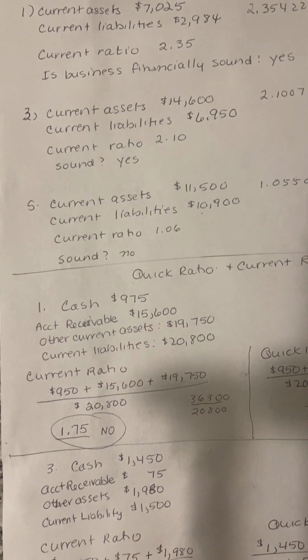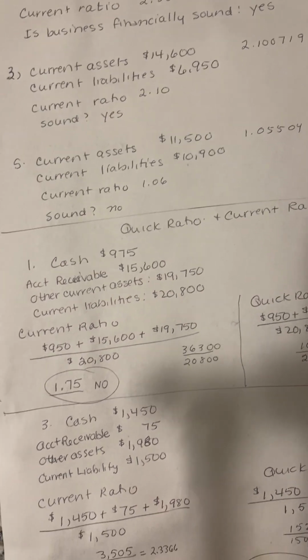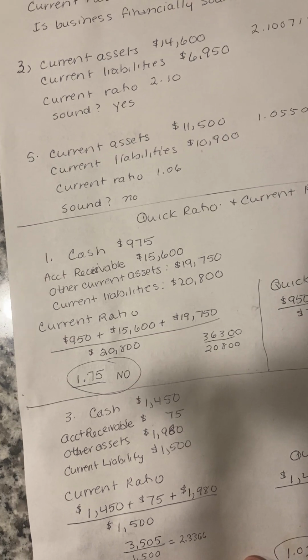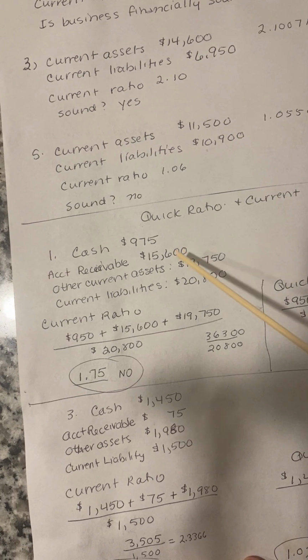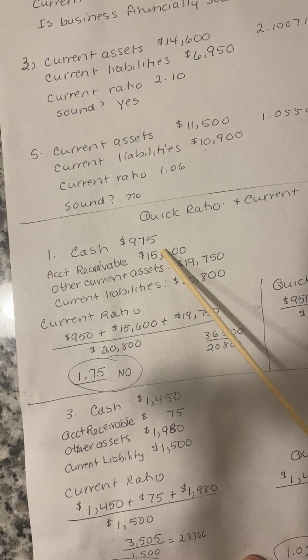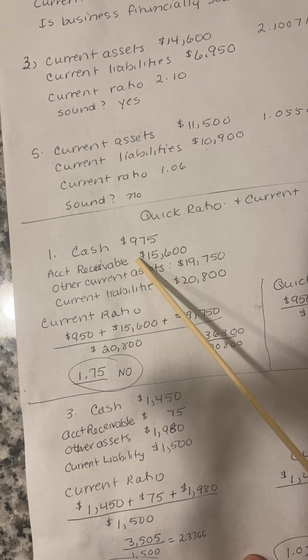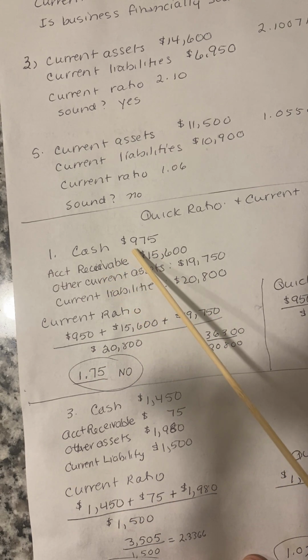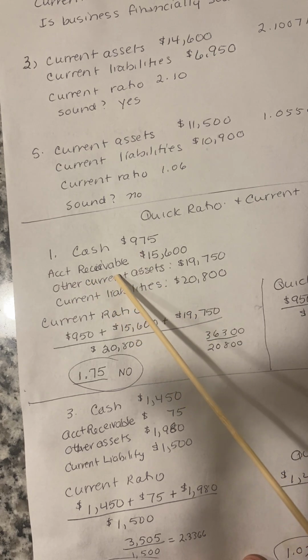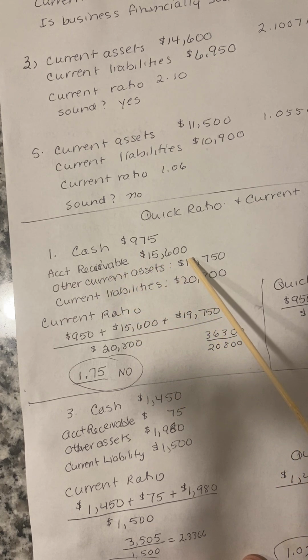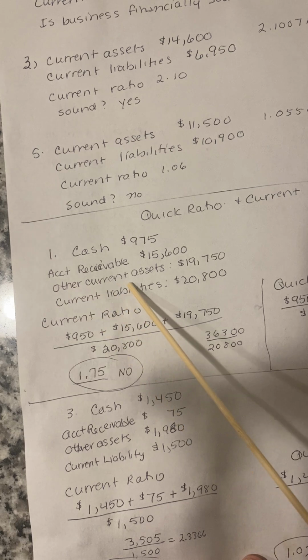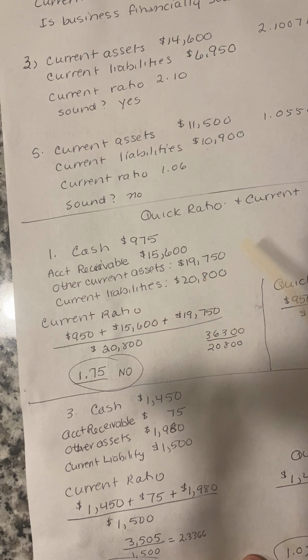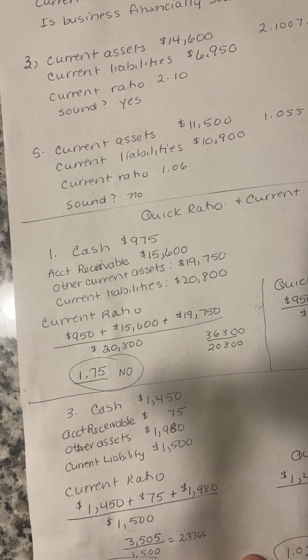So now we're going to talk about quick ratio and current ratio here. We have $975, and that's how much cash we have. And then our accounts receivable are 15,600. Our other current assets are other assets that we can liquidate right away, sometimes like goods that we have or something. We can liquidate them. They're 19,750. In our current liabilities,